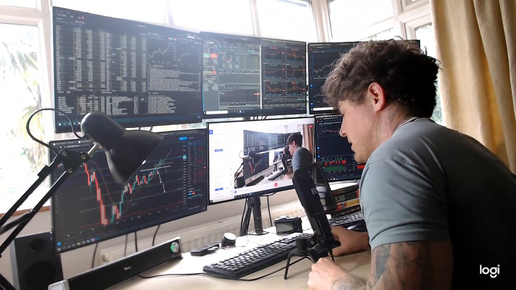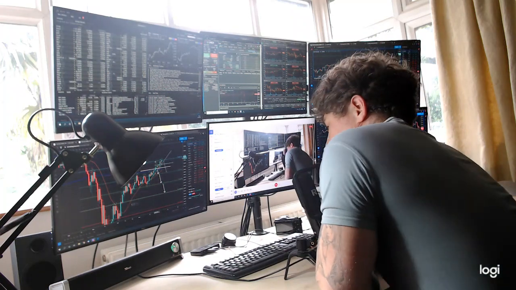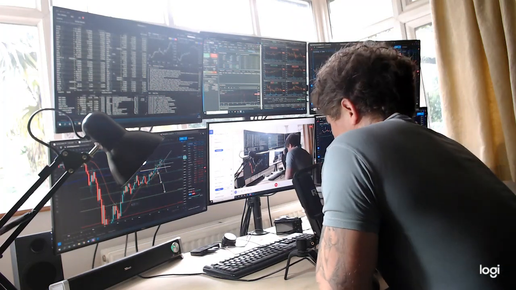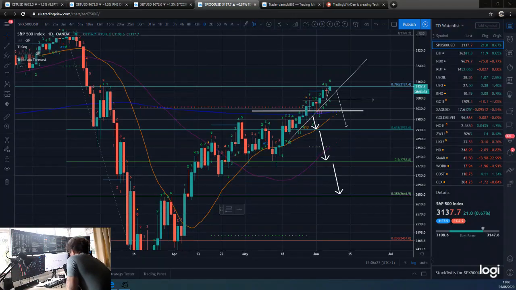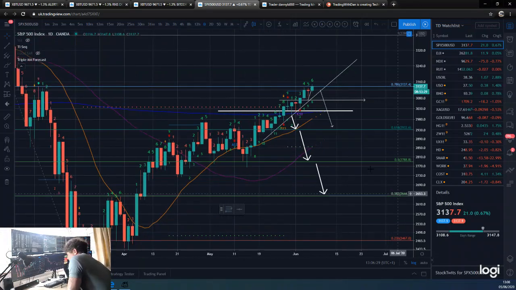So this is our TD Sequential look at the major markets. So straight over to those charts. As we can see, we've got up to that 786 that we were targeting